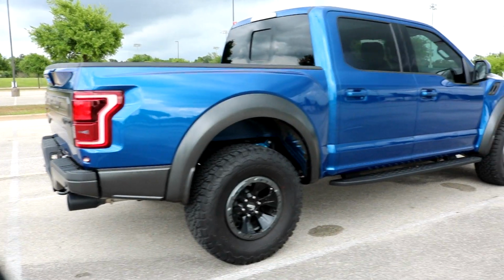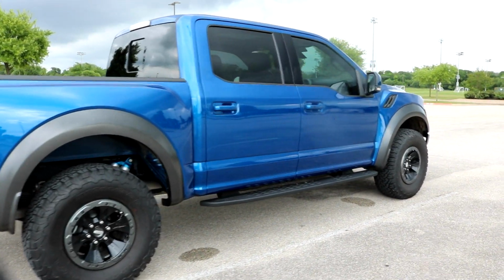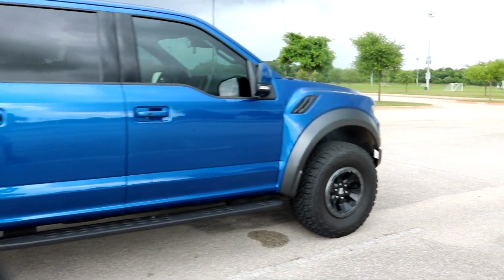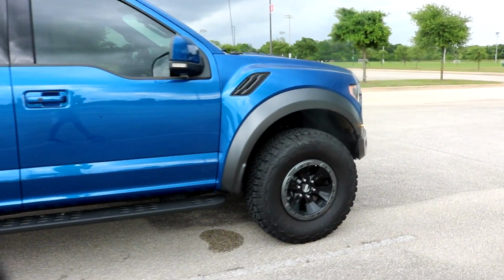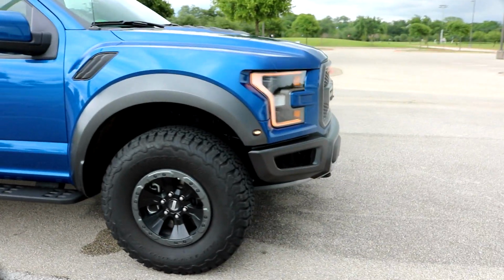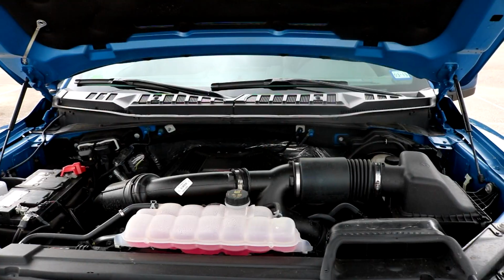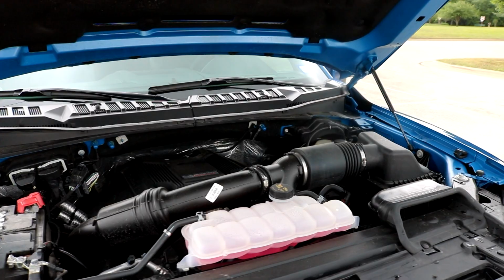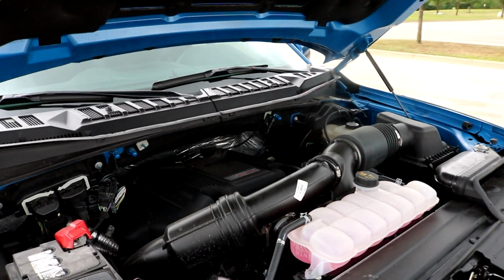Now, all of these features are great and all, but I know why you're here. You want to hear about how this thing drives on the road in a normal everyday circumstance. You want to hear about that brand new 10-speed automatic transmission, and you want to see this beast of a motor. So here it is, the custom motor specifically for the Raptor, a 3.5 liter twin turbo V6, 510 pound-feet